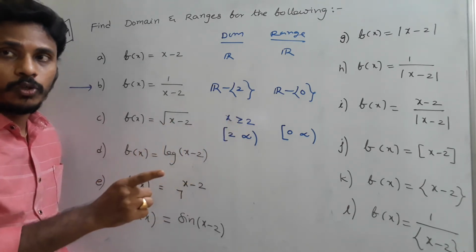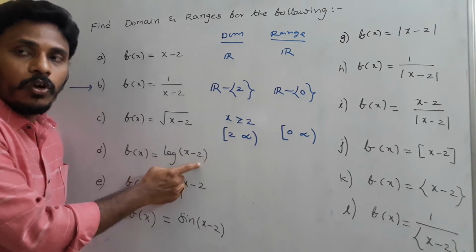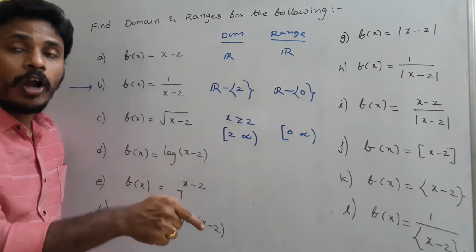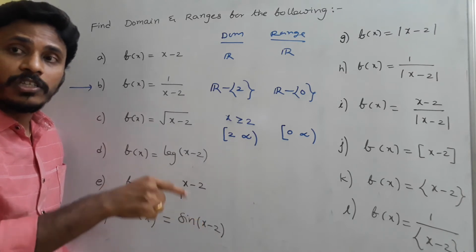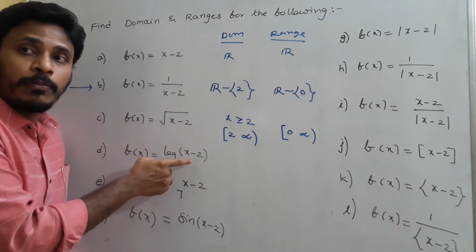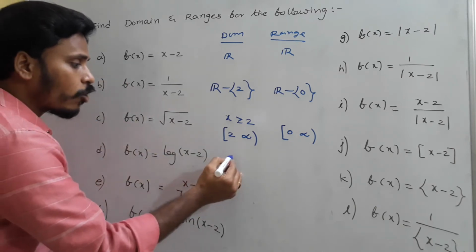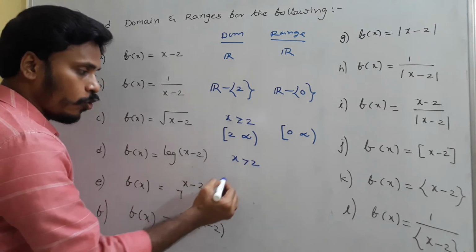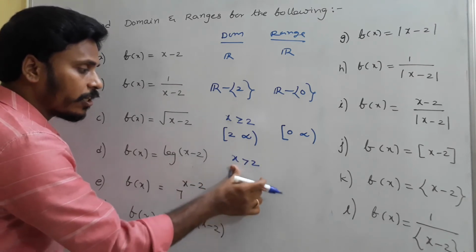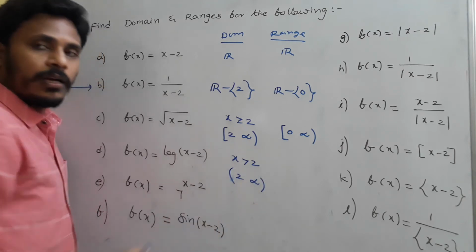x not equals to 2. If x is equals to 2, again it becomes 2 minus 2 as 0. Log 0 is again not acceptable. Okay, so log 0 still does not exist, and that's why 2 is also not acceptable for x. x minus 2 should be positive. So to decide the domain for this, x must be greater than 2. So in interval notation, you need to take open interval 2 to infinity. Okay, this is the domain.